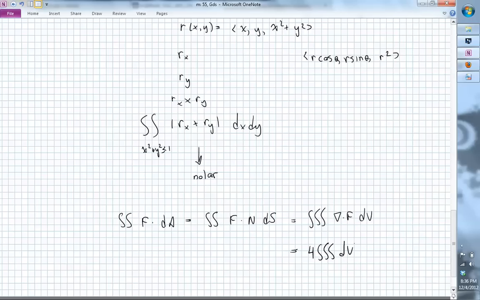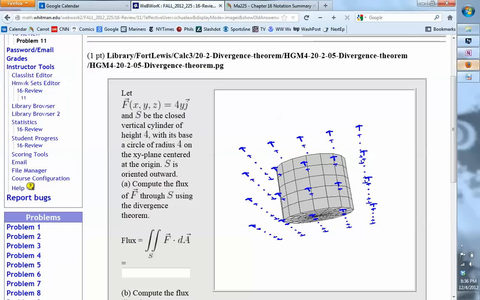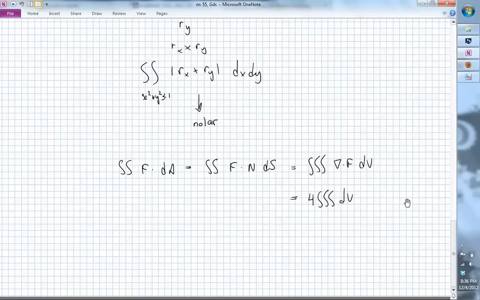So it's 4 times the volume integral, and now I'm just left with computing the volume of the cylinder. Maybe that's where you're getting tripped up. This is a cylinder of vertical height 4, and its base is a circle of radius 4. So the area of the base is 16 pi, times 4. Is that 64? So 64 pi is the volume, and then I need to multiply by 4, the thing sitting out front. So it would be 4 times 64 pi, which I'm guessing is